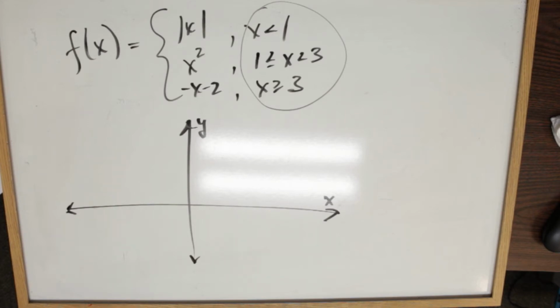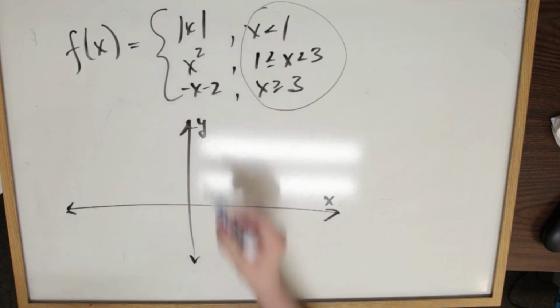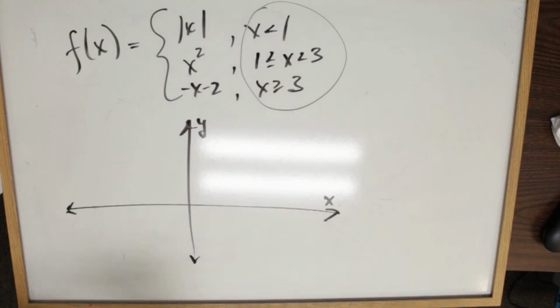They're important because those are really the domains for the specific pieces of functions that we're working with. So for absolute value of x, for x less than 1,